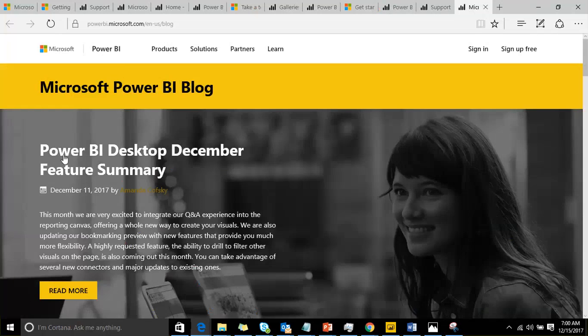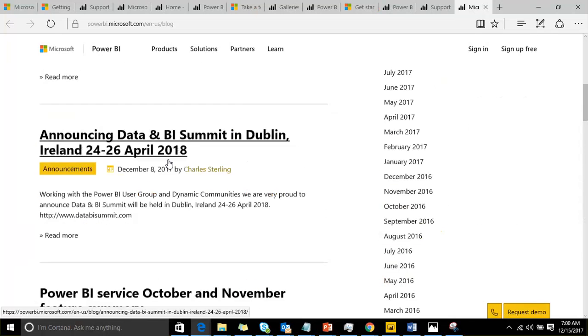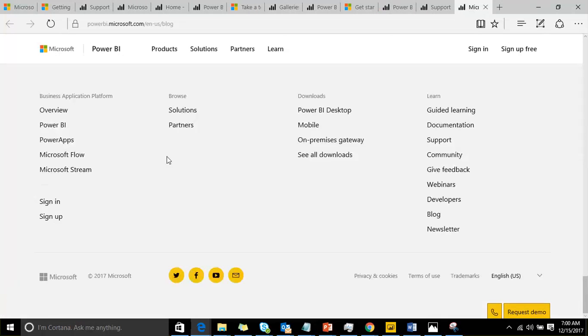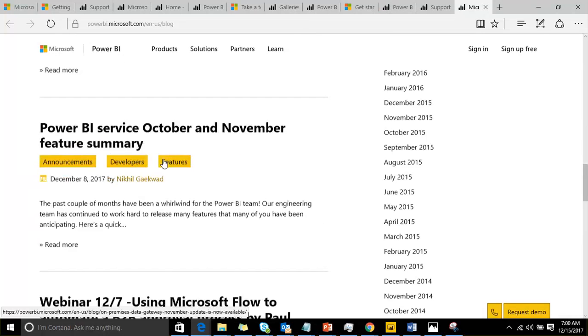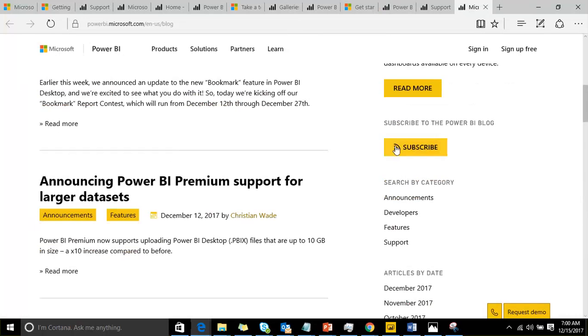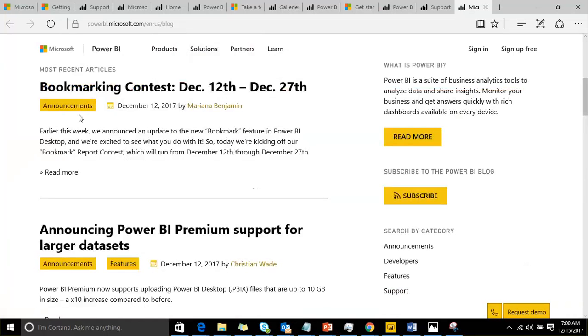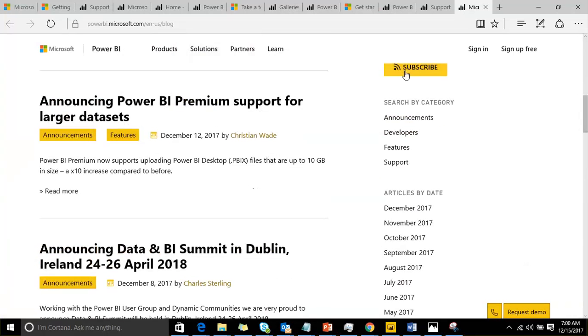So you can see that the recent update was this one, and whatever update they are releasing, you can see from here. It's a blog, the posts they publish here, everything will be available here. So if you want to subscribe, Arpit, you can subscribe from here, so that whatever post they make, you will get notified. Clear? Yep, thanks. Yeah. So all the posts related to Power BI will be published here, and anyone who wants to subscribe can subscribe from here.